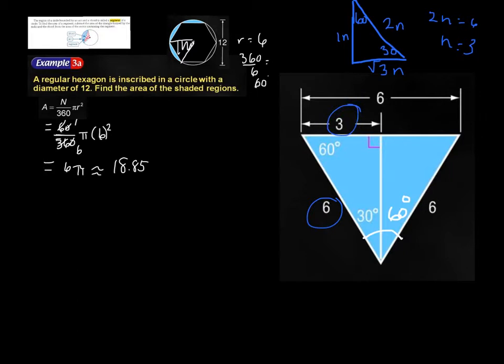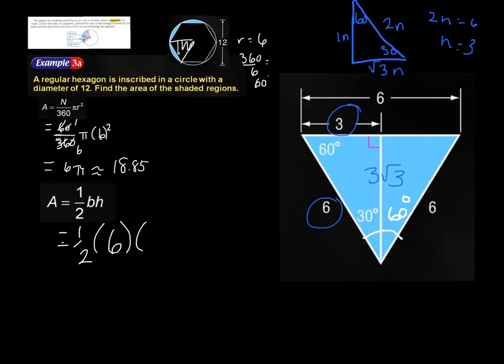Oh, they've got that labeled already. And that means our altitude must be, the side adjacent to 30 would be 3 square root of 3. And we know area of a triangle is 1/2 base times height. The whole base of this triangle is 6. The altitude we found was 3 square root of 3. And when we type that in, it would be exactly 9 square root of 3, which as a decimal is about